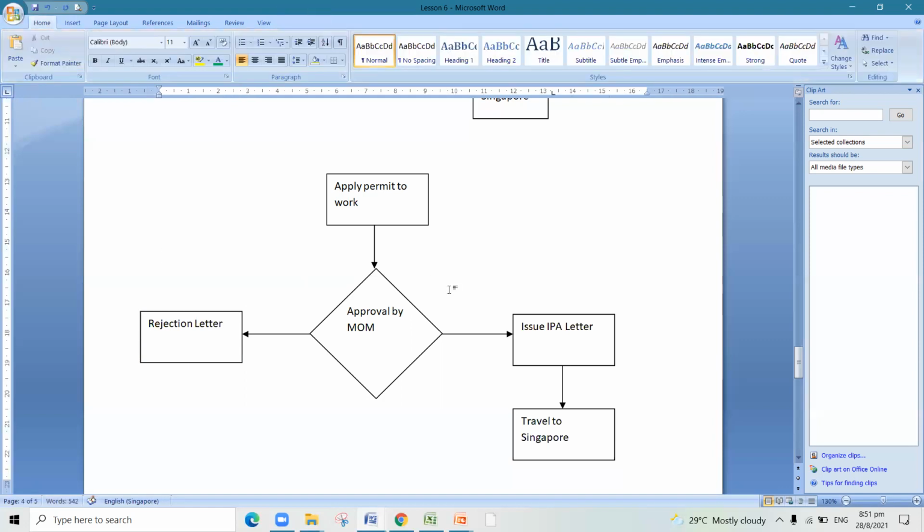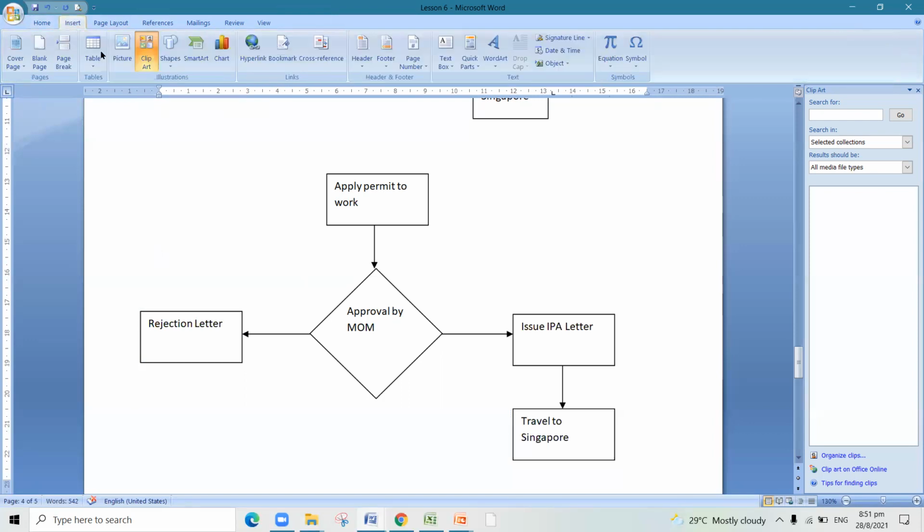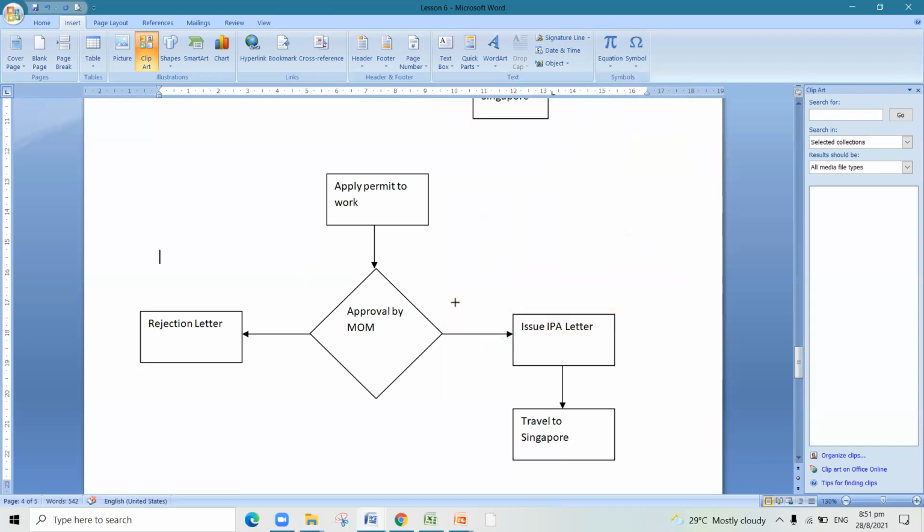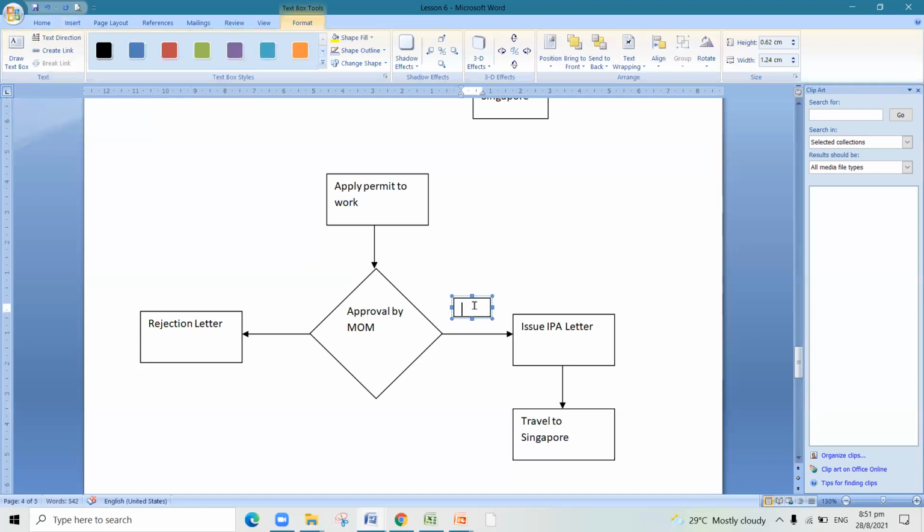Okay. So now the decision tree, there should be a yes and no. So I want to insert that. So how do I do that? You go here, there is a text box. Click on it and go to the draw text box. Now I can draw a small text box. And here I can write